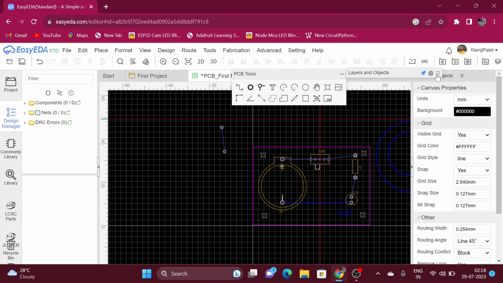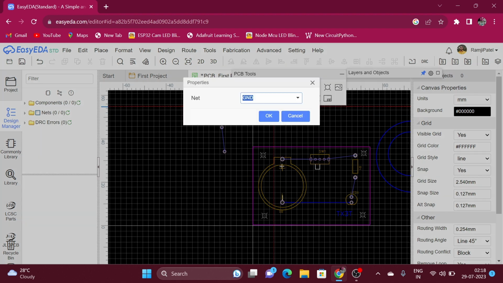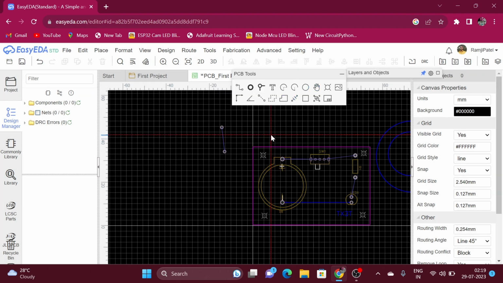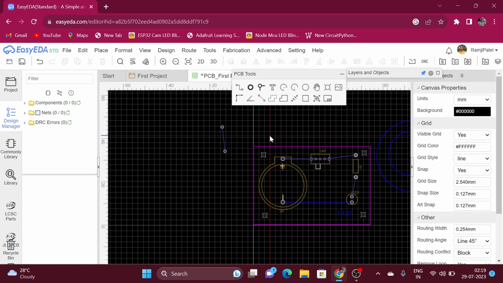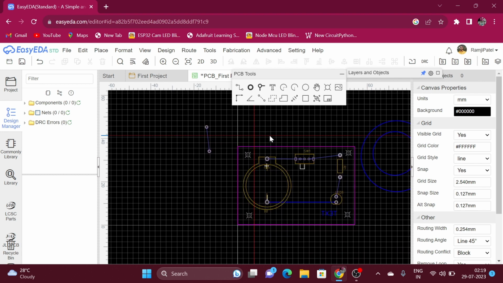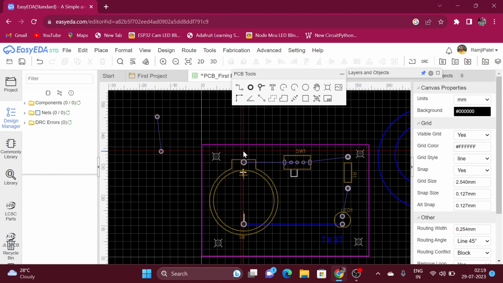Now I am going to design the bottom layer for the PCB. So I am just using the copper area, and I want to keep this layer as ground. You can also use it like VCC or other net, but I am just using it for ground because in a PCB, basically the bottom layer is always used for ground. So for that,